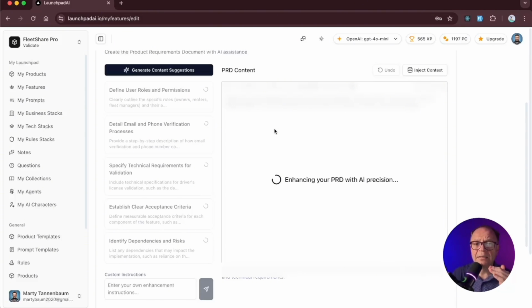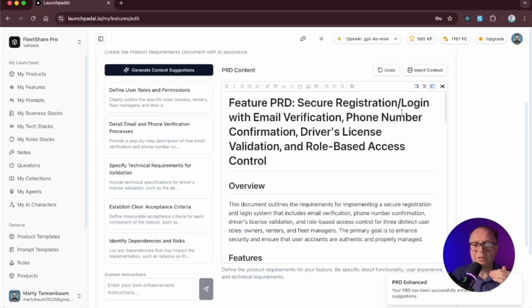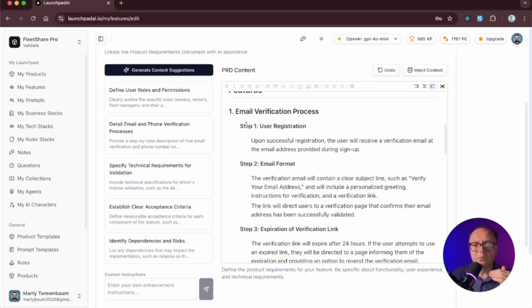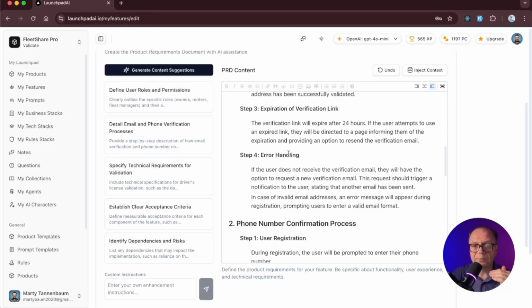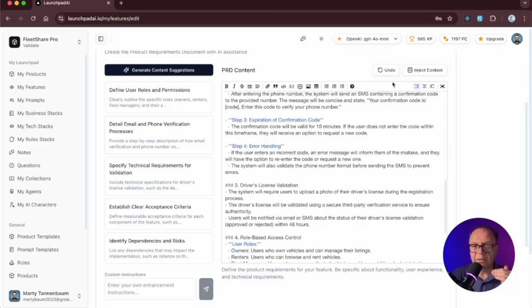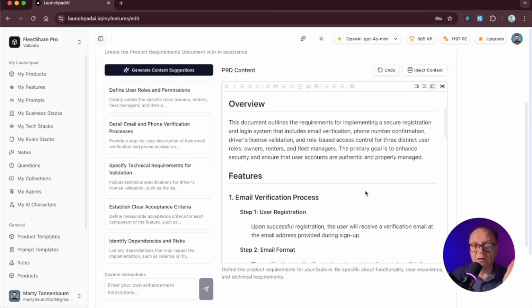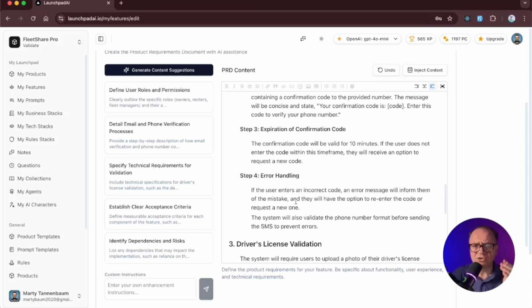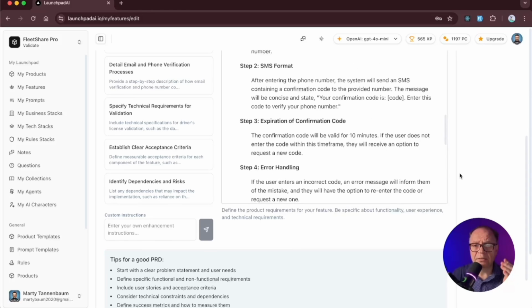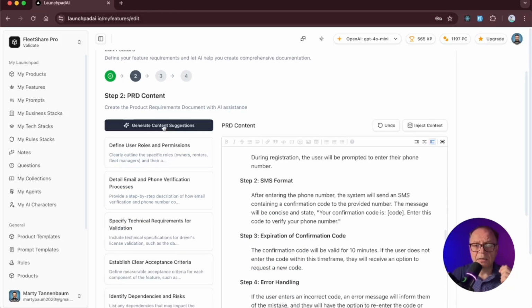Once we click that, now our content is being sent to the AI. And now if we click on the preview here in this editor, we will see that we have a much richer feature definition. Now we see that we have steps for the user registration, the email formatting, the expiration of the verification link. You can always go back and edit these if you don't like them or they don't fit your needs. Obviously, you can come back and change it. Driver's license verification, role-based access control. I mean, there is quite a bit of detail in this PRD already,